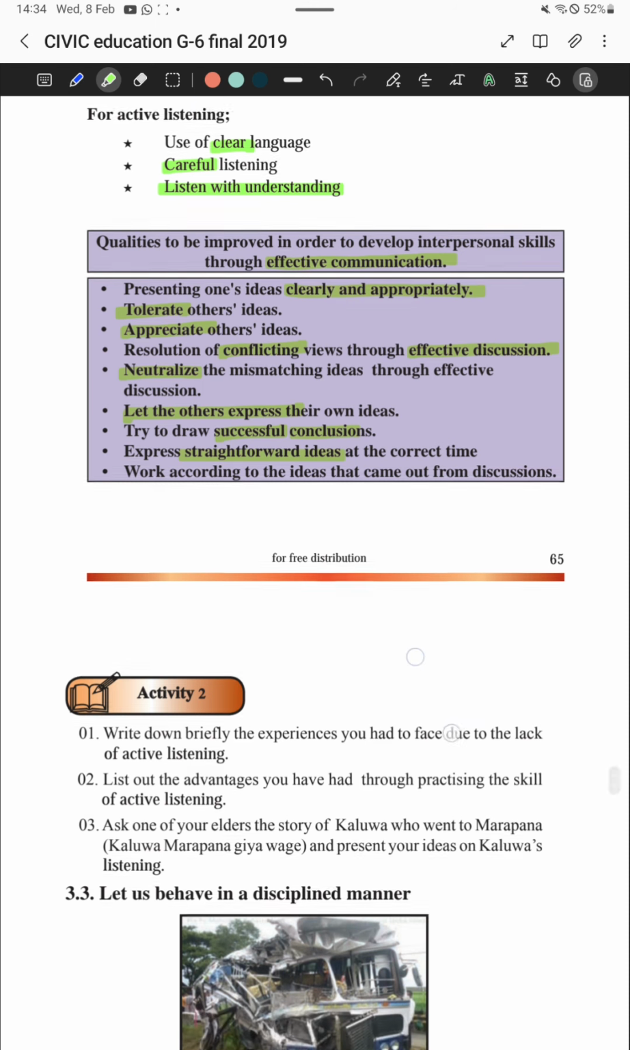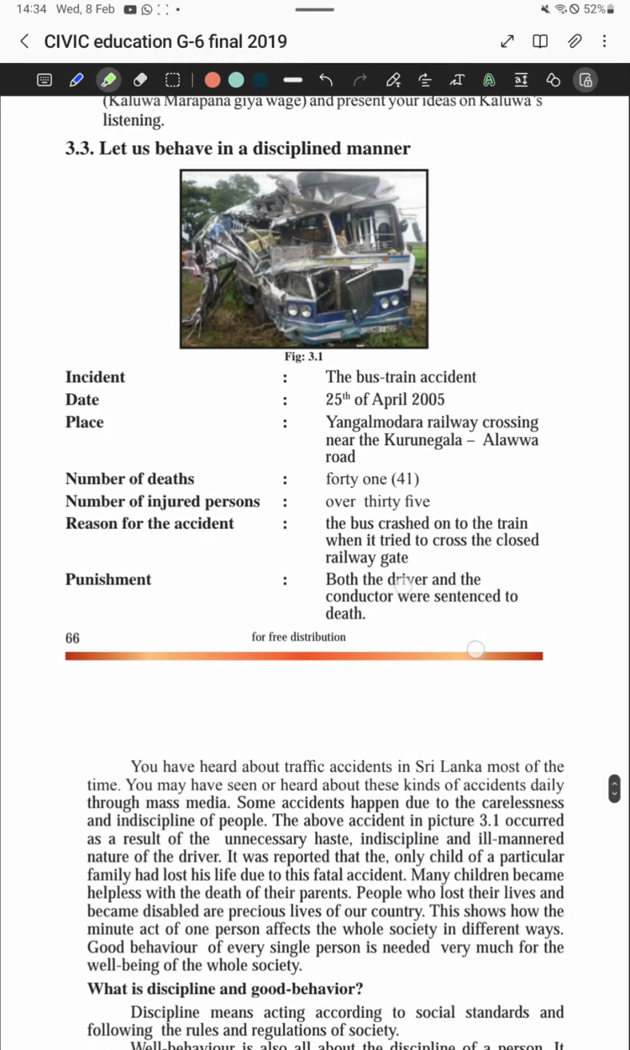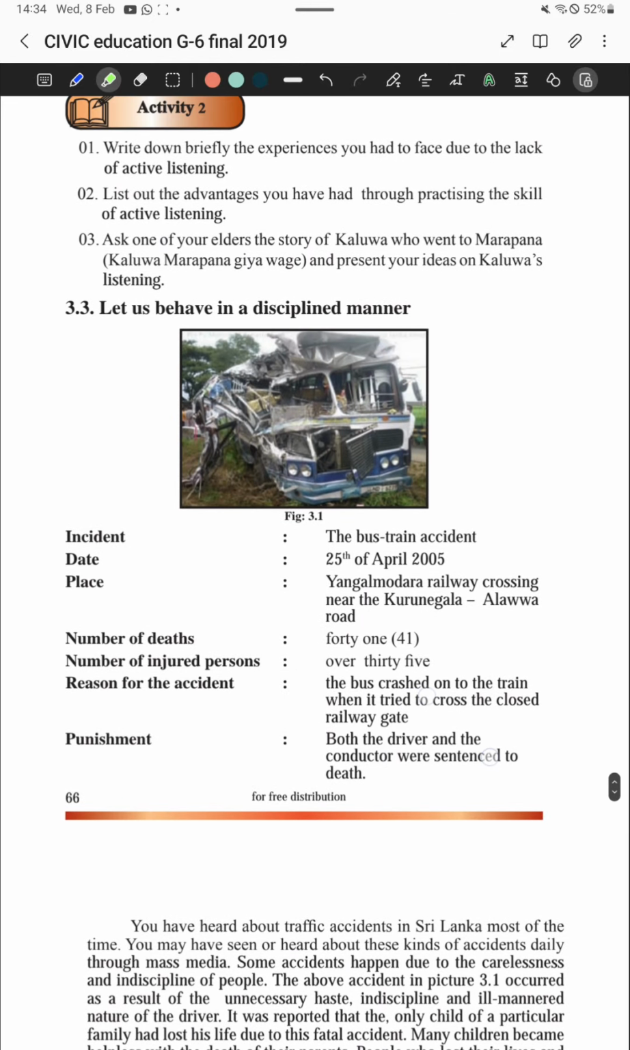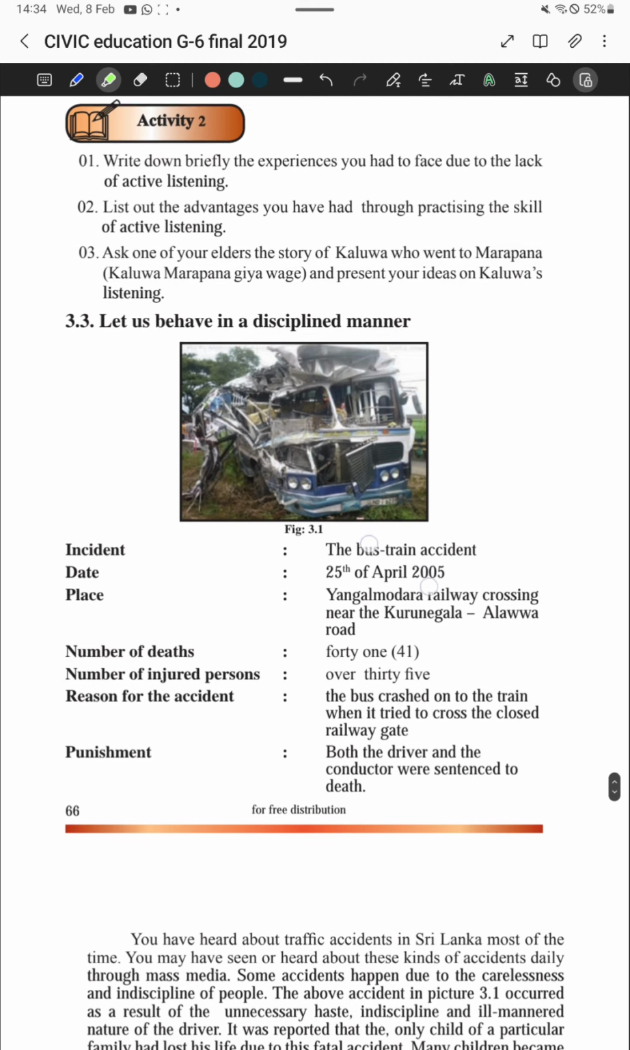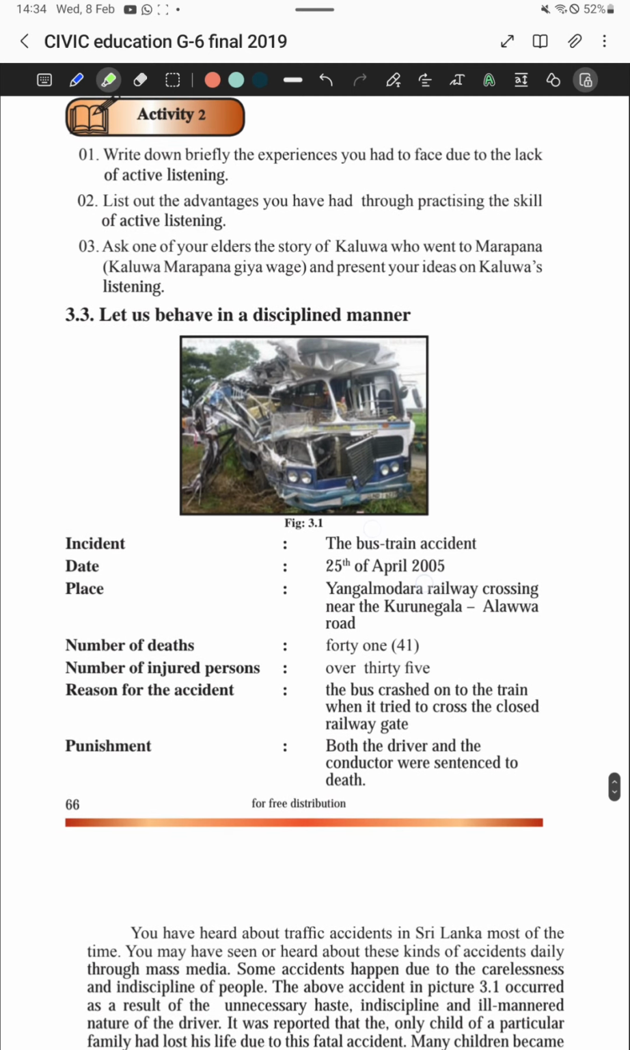So you have activity number 2 to do. I'm not going to talk about activity number 2, right? So you have to do that one, and if you are okay, you can send me the homework photos through the email too, and also I will put my WhatsApp number into that one. Right, okay. So 3.3, that is concerned about